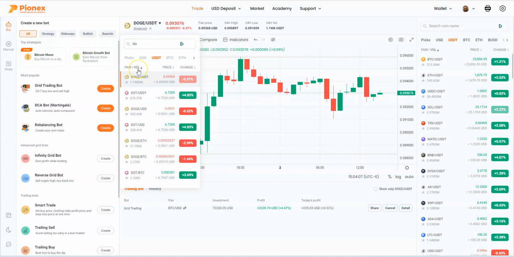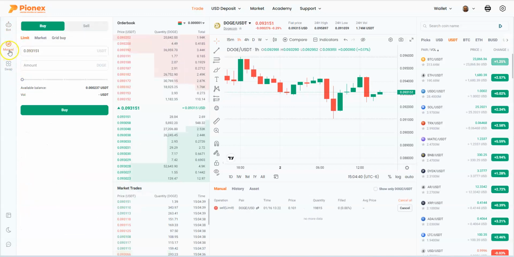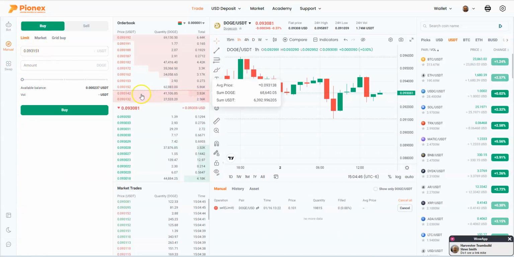There are two things you can do to get your Bitcoin into USDT, because this is your base currency. The coin that's on the right of the slash here is your base currency. So you've got to have enough base currency for whatever you want to trade. If you want to trade $100 or $200, you've got to have a couple hundred dollars of USDT, whatever you're wanting to launch in this investment. The easiest way to do that, if you don't know how to make a manual trade on the exchange, which you can do with a market order or a limit order,